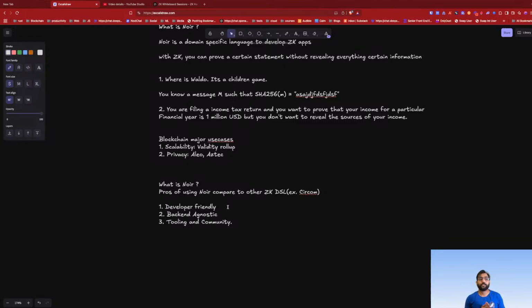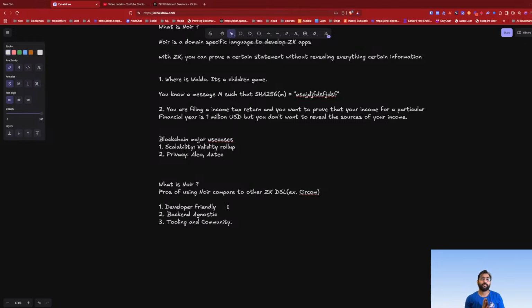And the last and most important thing is tooling and community, right? The Noir community, and the broader Aztec community, is amazing. They have weekly office hours calls where you can take your questions and get answers from the core team who are actually developing these tools, libraries and the language. And they have a developer questions channel in their Discord, which is pretty active.